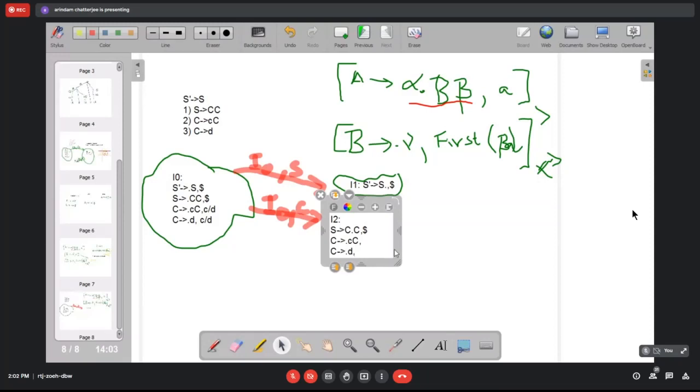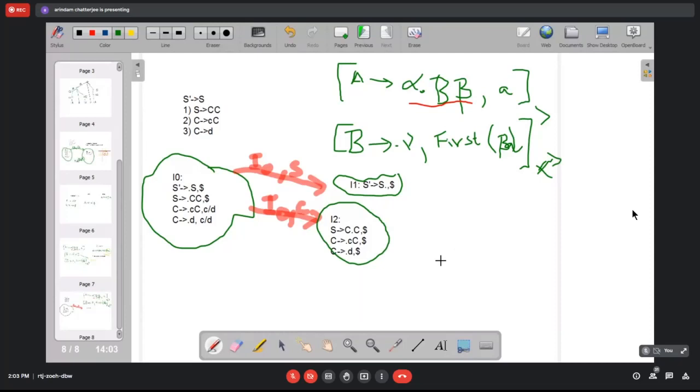So C producing small c, capital C, there is a dot before that, and first of beta is epsilon, so it becomes A is nothing but dollar. So this is the item. Similarly for C producing dot d, that is also going to produce the same look ahead item. So this is your I2.